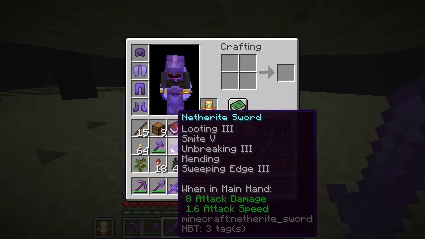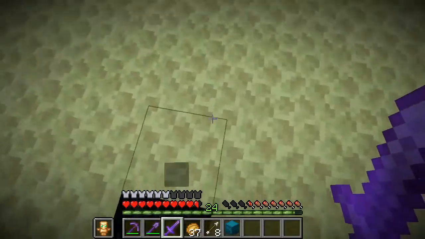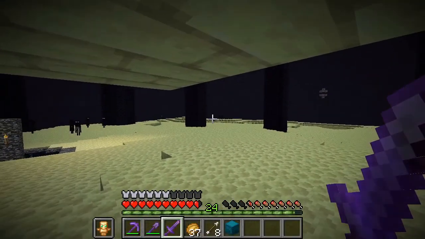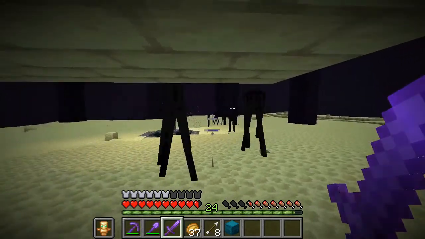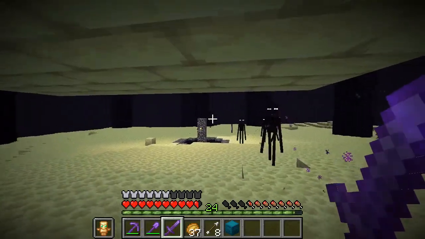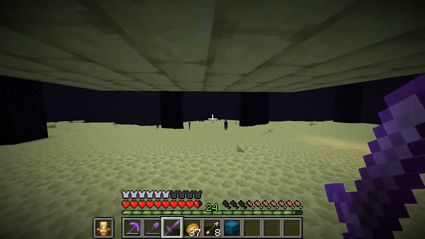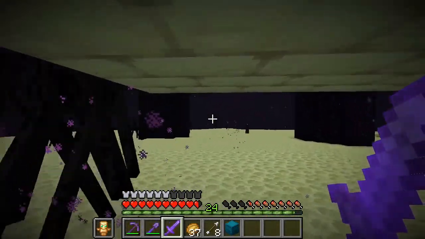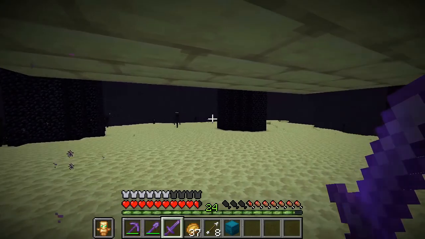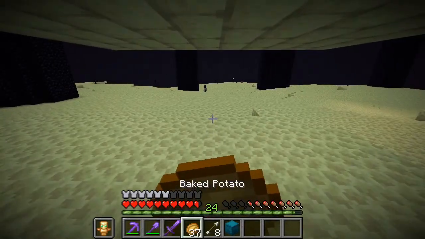But then we have our looting 3 sword. This is our main smite sword. I put sweeping edge on it because I thought, you know what? I wasn't putting sweeping edge on before because I didn't want to hit a pigman and then sweeping edge them. But I thought, if I'm gonna hit a pigman, and by pigman I mean zombified piglin, I might as well do it with full force, do 7.5 hearts of damage as opposed to